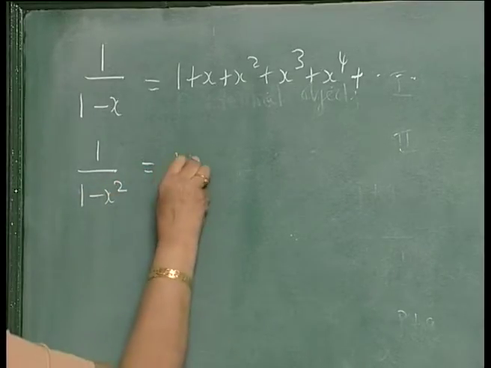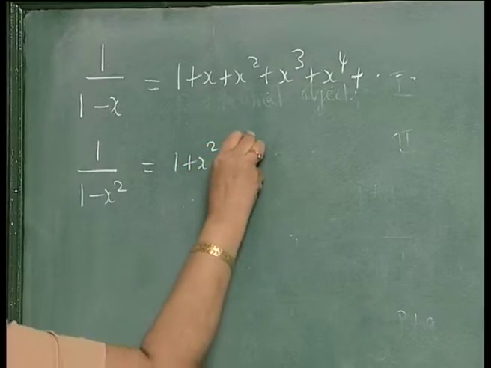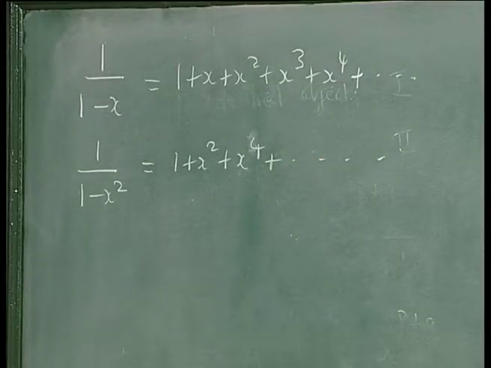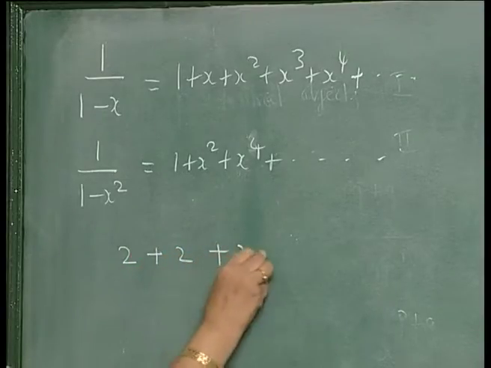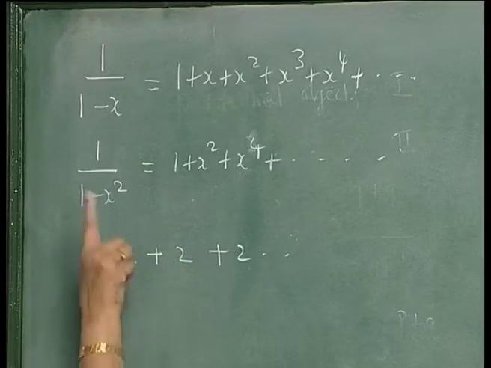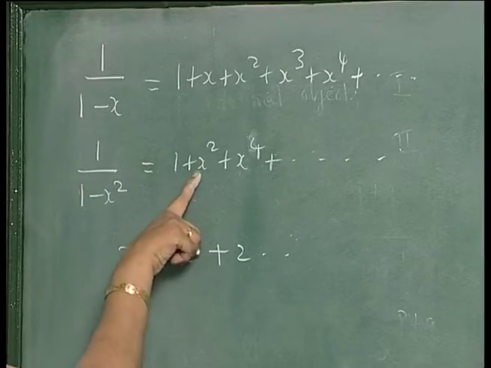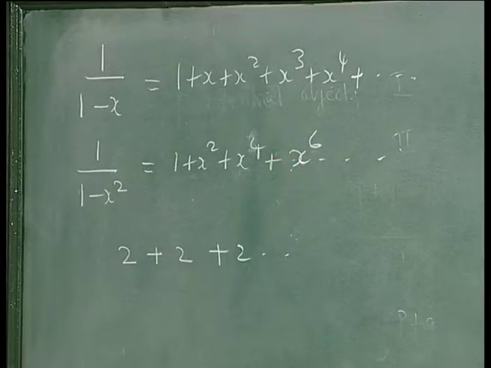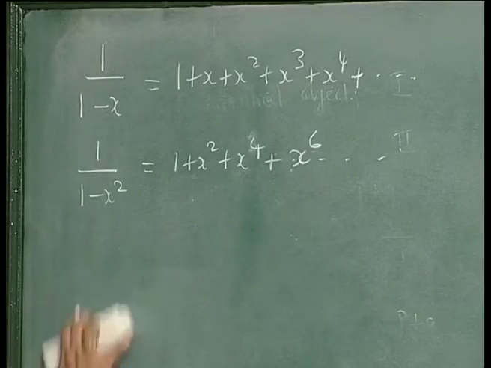This is 1 plus x squared plus x power 4, and so on. The number of ways, if you split into 2 plus 2 or something like that, need not be for some integer. You want to split, the number of ways you can have, say, 1 2 is the coefficient here, 2 2s is the coefficient here, 3 2s will be the coefficient here. You can have it in only one way.